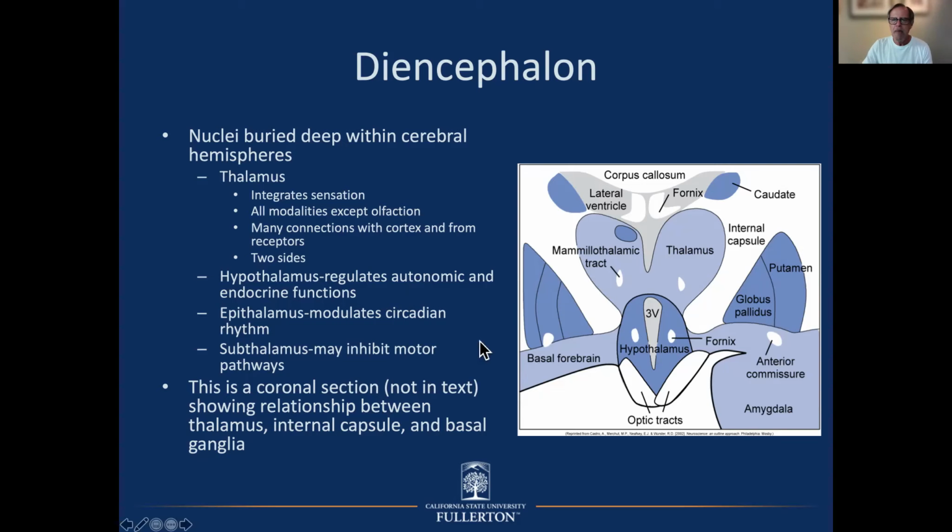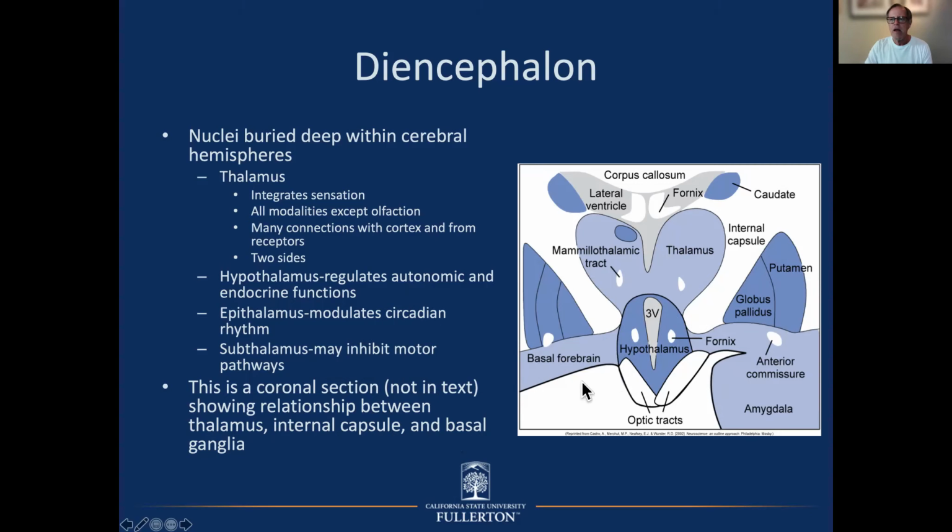And the epithalamus, do we see it here? Actually, we don't, but it's very small, and it modulates circadian rhythms. The subthalamus may inhibit motor pathways. And where do we see that? Do we see that here? No. Okay, I'm sorry. And this is a coronal section, again really reminding you, showing the thalamus, internal capsule,